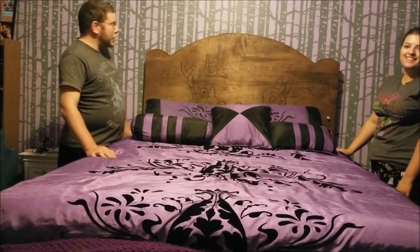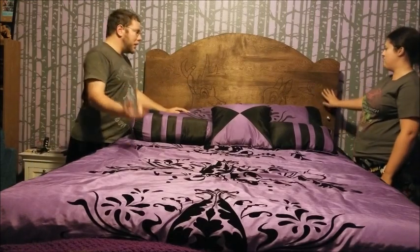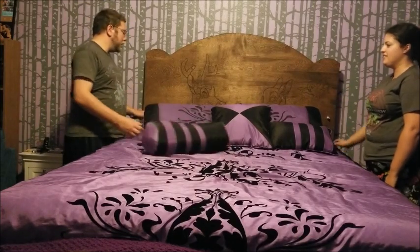Well guys, this is the finished product. You can finally see we have our Bambi and Feline. We're on the appropriate side of the bed. Birds. Oh yeah, and our birds. Your birds. And it's time to go to bed, so...